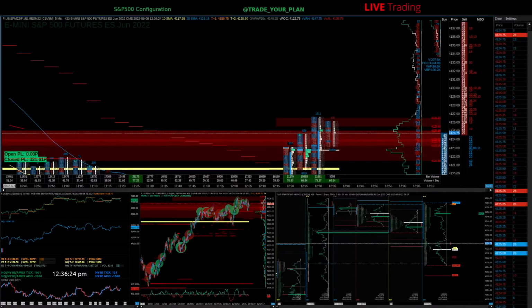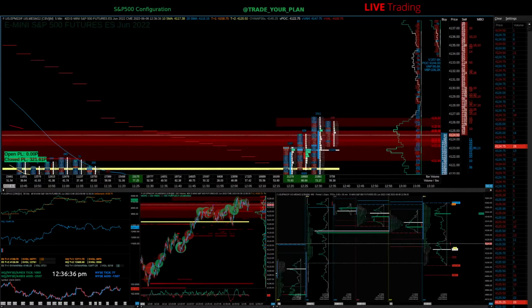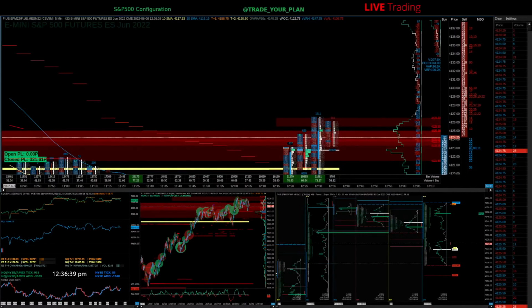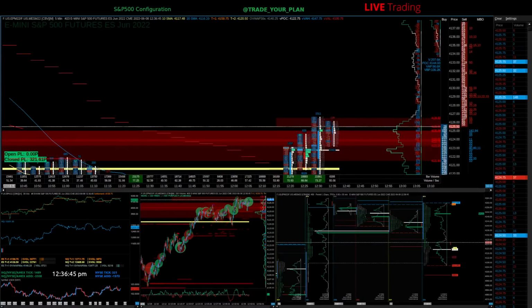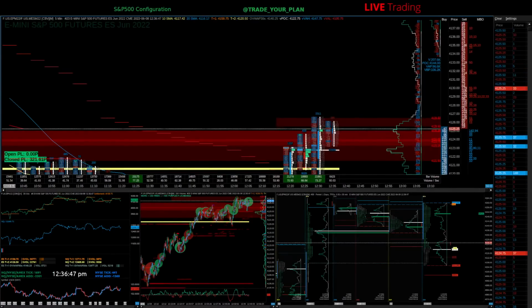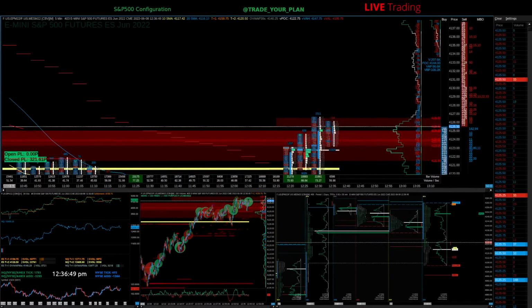I want to buy with an iceberg player because I have the tools to see it now that I have Sierra Chart and bid and ask volume. And this guy TYP shows us his footprint. So you think it's all about the iceberg. Buy with the iceberg, keep it simple, stupid, right? Buy with the iceberg. Sell with the iceberg. Follow the iceberg. The iceberg can sink the ship. Different icebergs at different times, my friends.